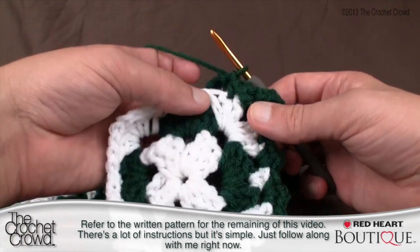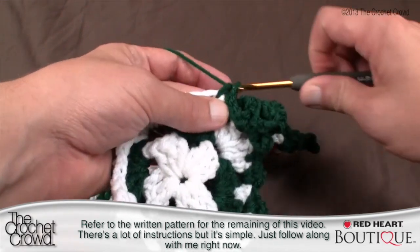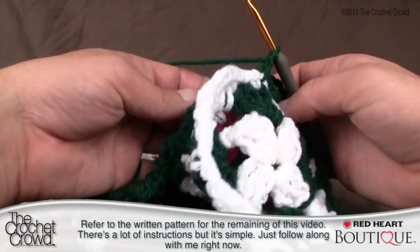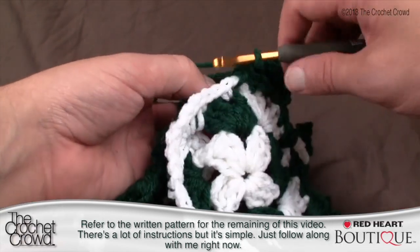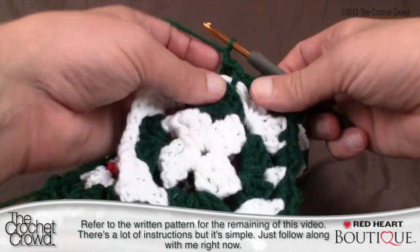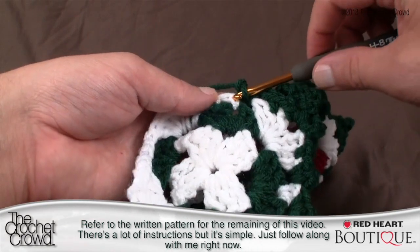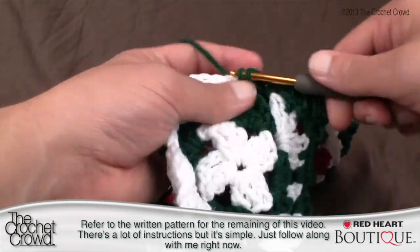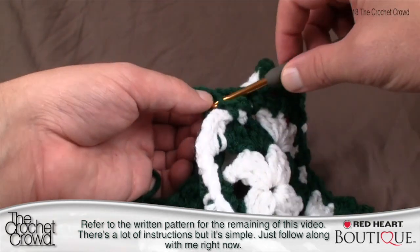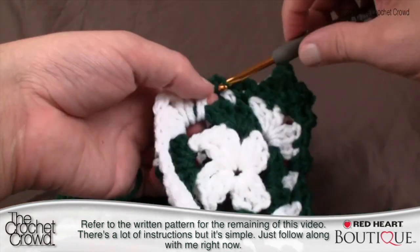just like that. Perfect. And now what we want to do is come into the next one here, and we want to single crochet, chaining 1, going into the other side in the same spot. We want to grab it by that chain 2 area, pulling it through and through, chain 1, single crochet back into the same spot, chain 1. Okay, we're now going to come into the gap, so single crochet, chain 1, go to the opposite side, the chain 2 area, pull it through and through, chain 1, back down into the gap,